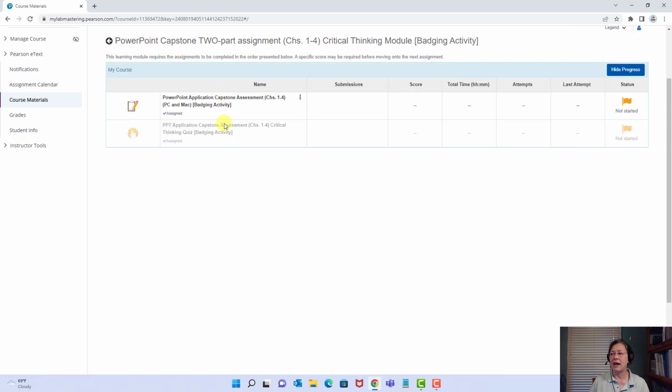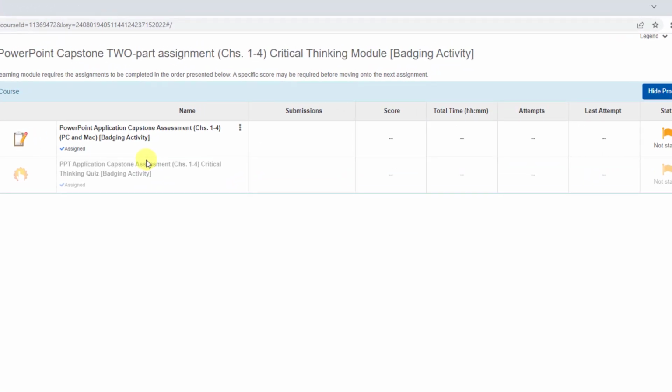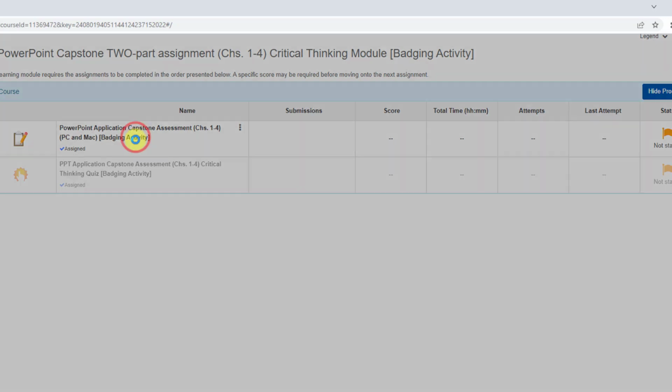see the two parts? A common email that I've got, because I've used this type of assignment over many semesters, years, is "I can't get to the quiz, I can't get to the quiz." Well, not until you submit that grader and you get a 70% or above. So fingers crossed. That was a lot of steps. Fingers crossed. Let's open this grader